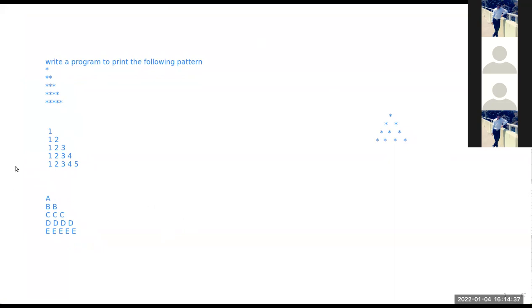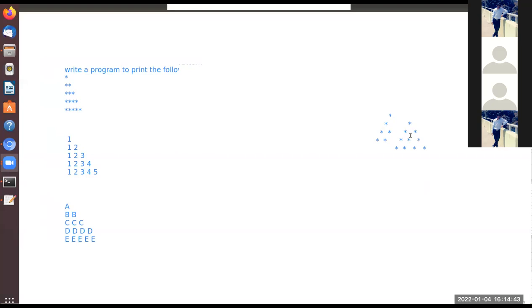Okay, I think there is a slight mistake in how I drew the pattern. Just a minute. Let me first clear the whole concept. The pattern will look like this.